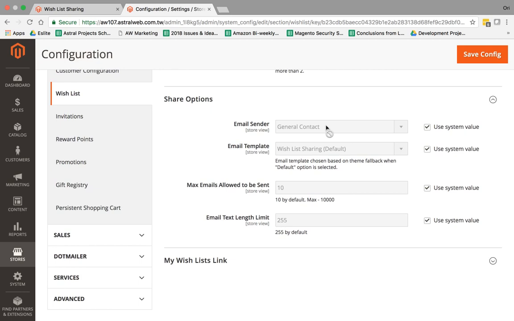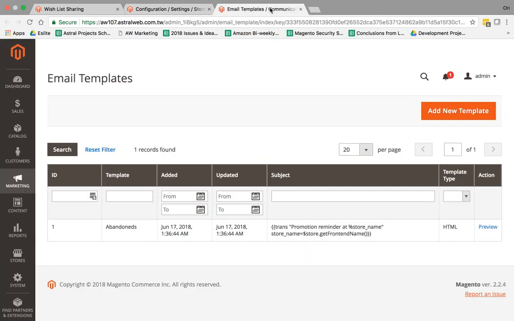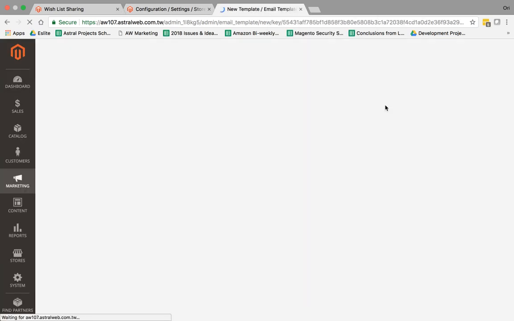The next thing we can do is, when a customer shares a wish list, I can change that email template. How do you do that? First of all, you go to marketing and then email templates, which is a subject for a different video we're going to create. You create the template itself.